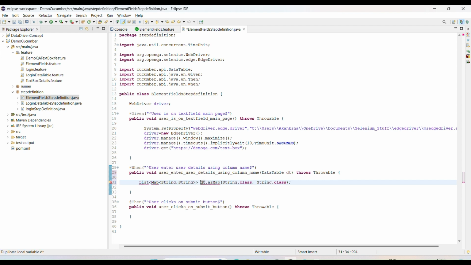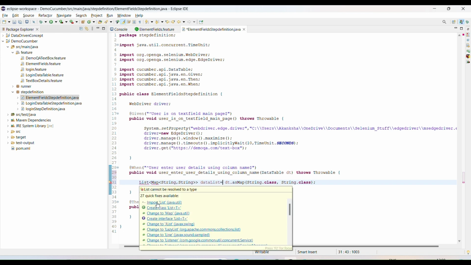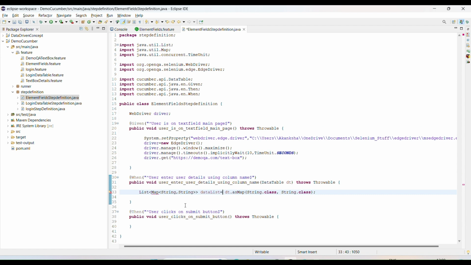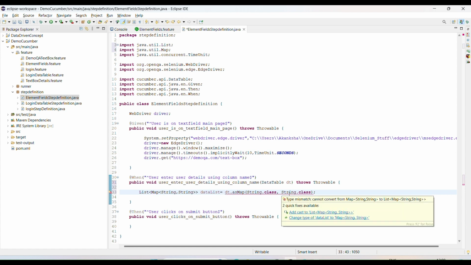And I will store this inside the data list. Okay, so just import List from java.util and Map also from java.util, and you need to change it to a map.